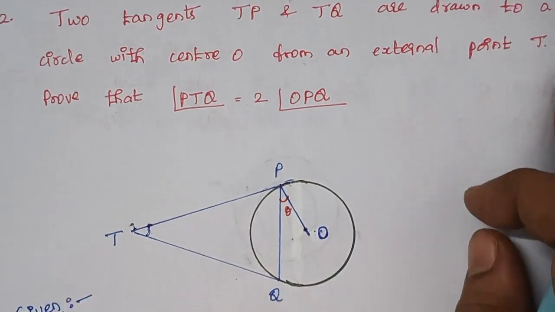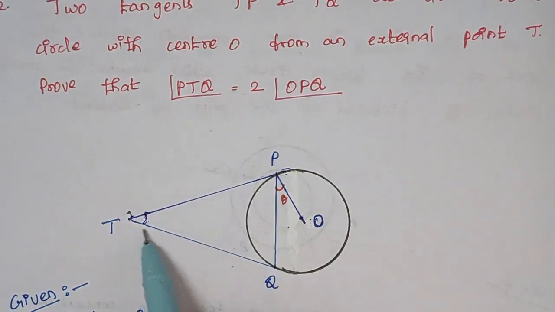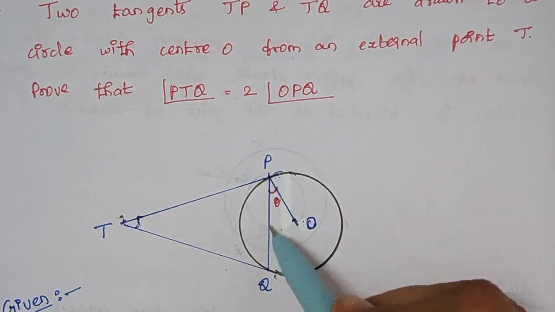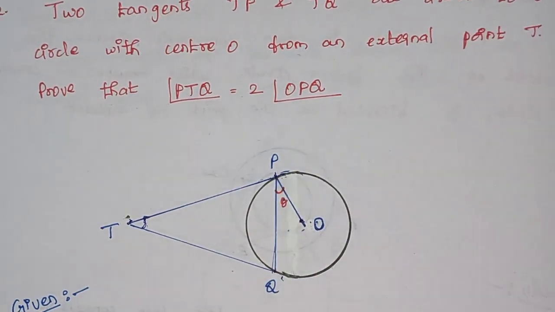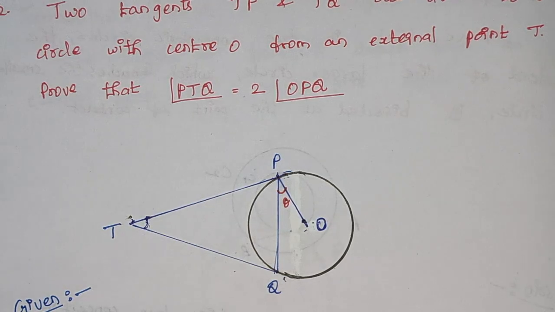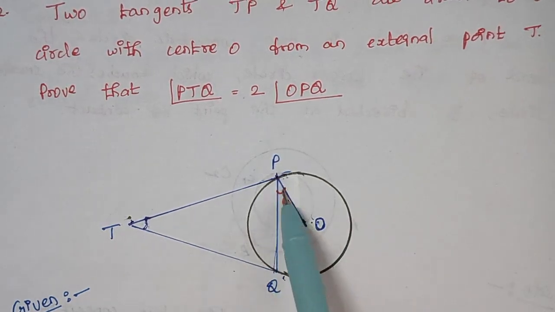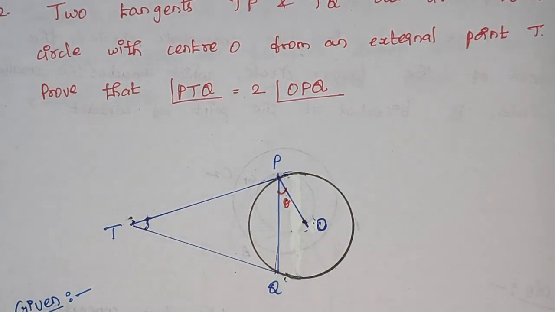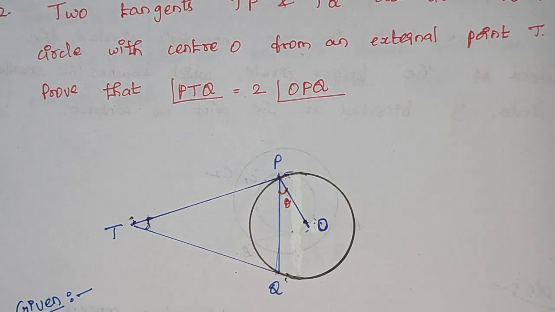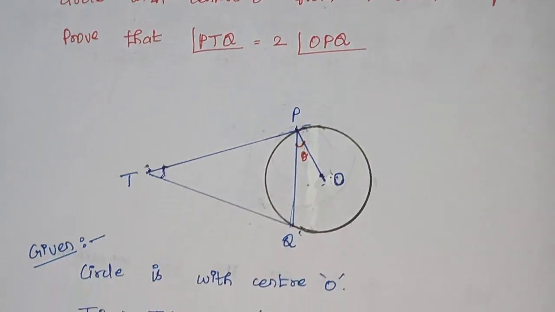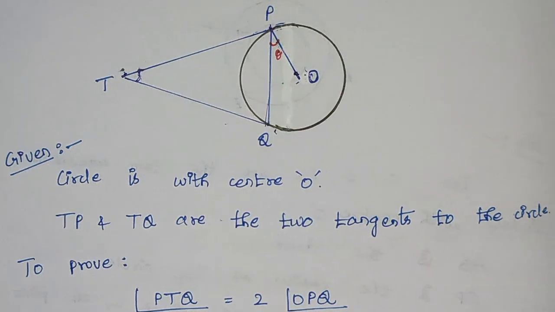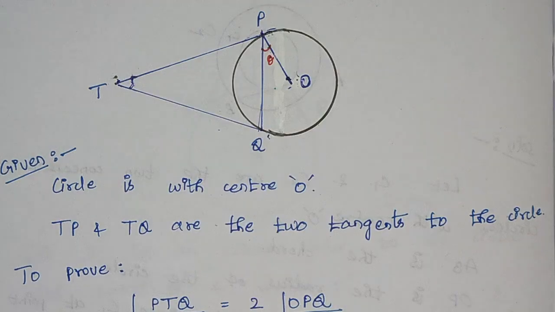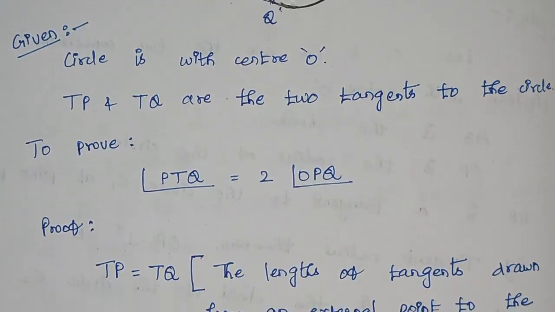OPQ. Right. So here we have drawn this line, and there is a center, right? So now we just have to join this PQ and join this OP, right? So this angle OPQ, right? So angle T is equal to 2 times angle P. This is the thing we have to prove, right? So just write down the things we have done. This is the circle with center O and T is the external point and TP and TQ are the tangents, right? So the proof is, you see,